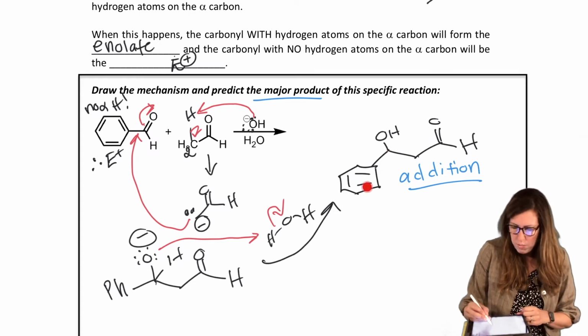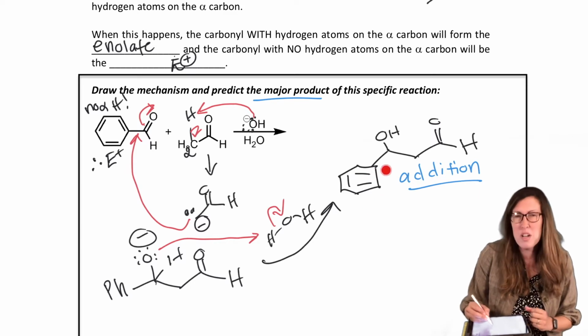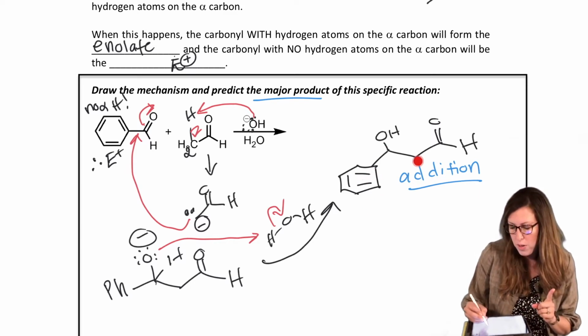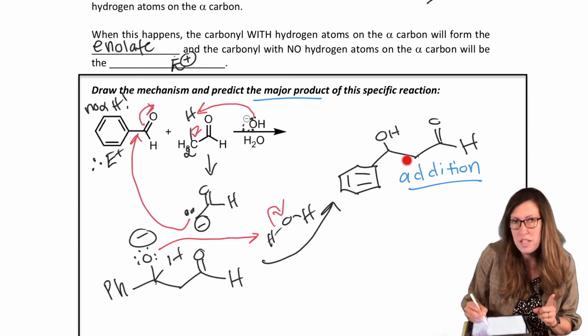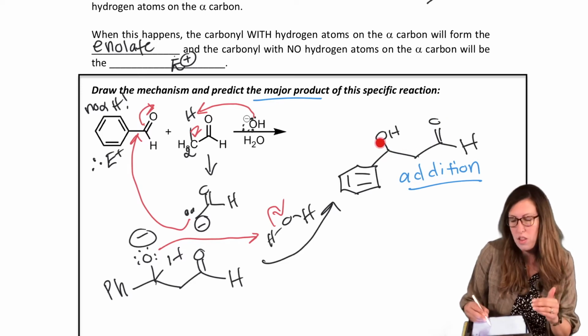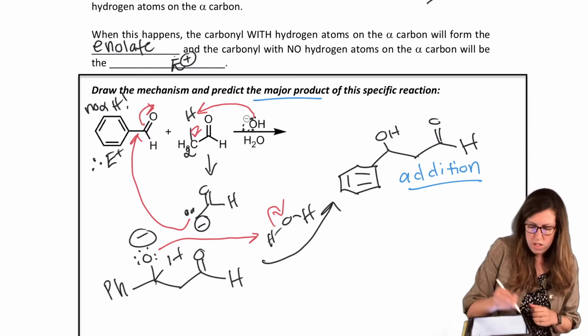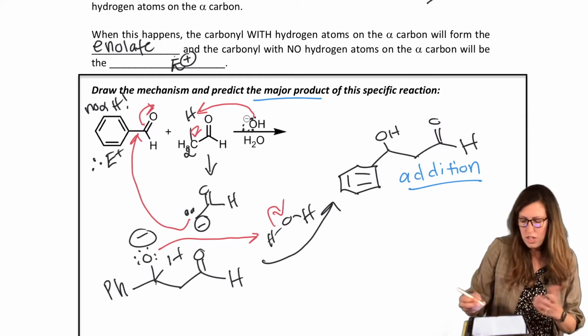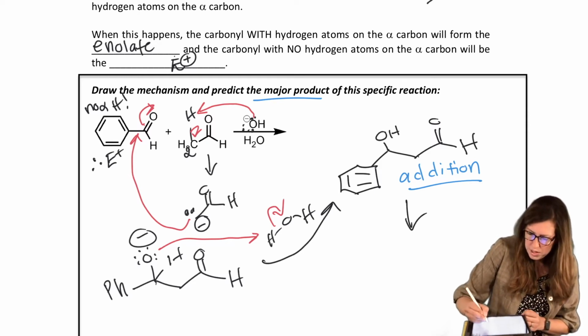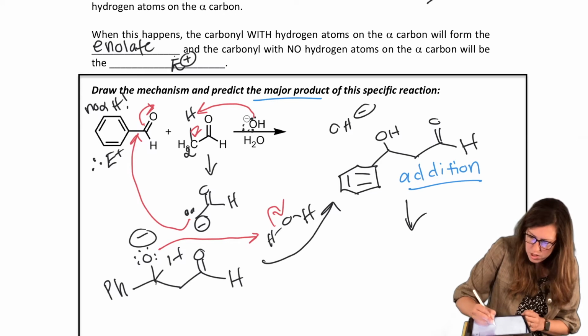So notice that because we have a conjugated pi system already as part of the R group, if we were to go ahead and eliminate here and make our alpha, beta unsaturated carbonyl, we would have a long continuous chain of extended conjugation. So that is actually favorable. So what does that mechanism look like? Let's put our H there.